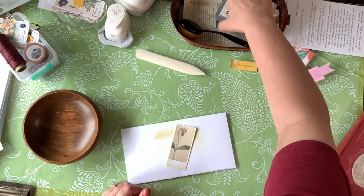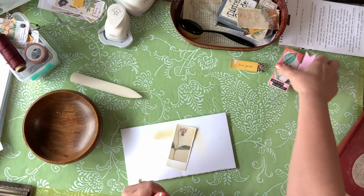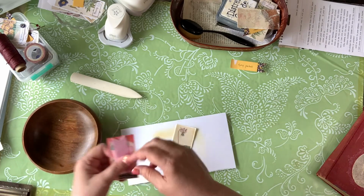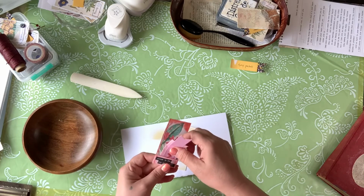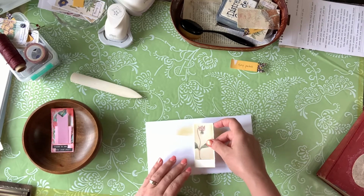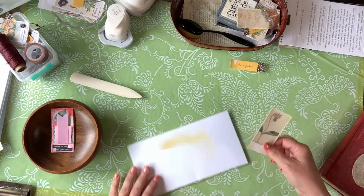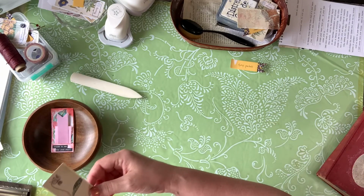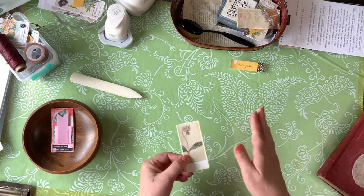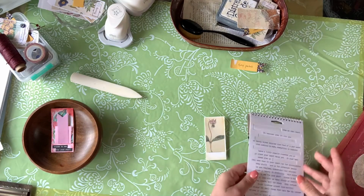And that seems to be one of my sticking points when I am creating, is that I make every single item to go with the journal. And I could actually make some basic things like this and not have to worry about that. Now, we've done the, where am I putting that? We've done the folding, we've done the edging, and then the next thing I want to do is, I like